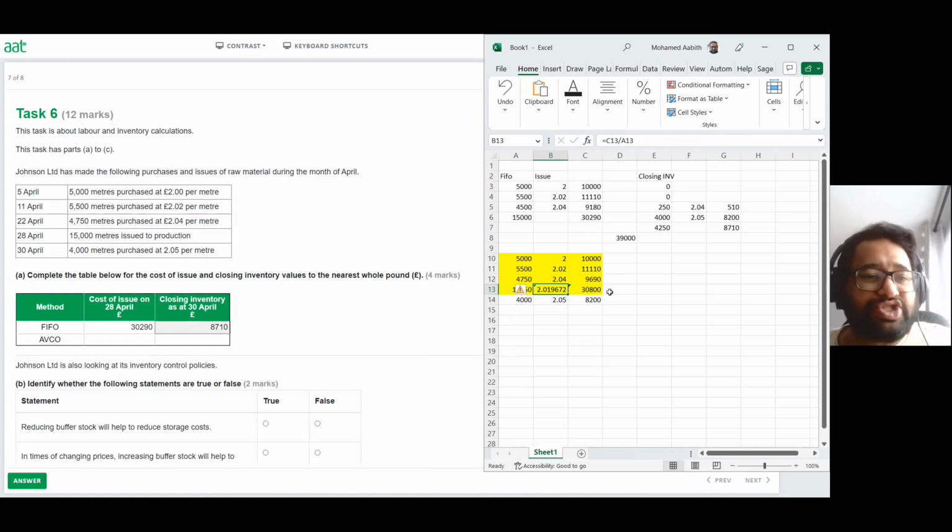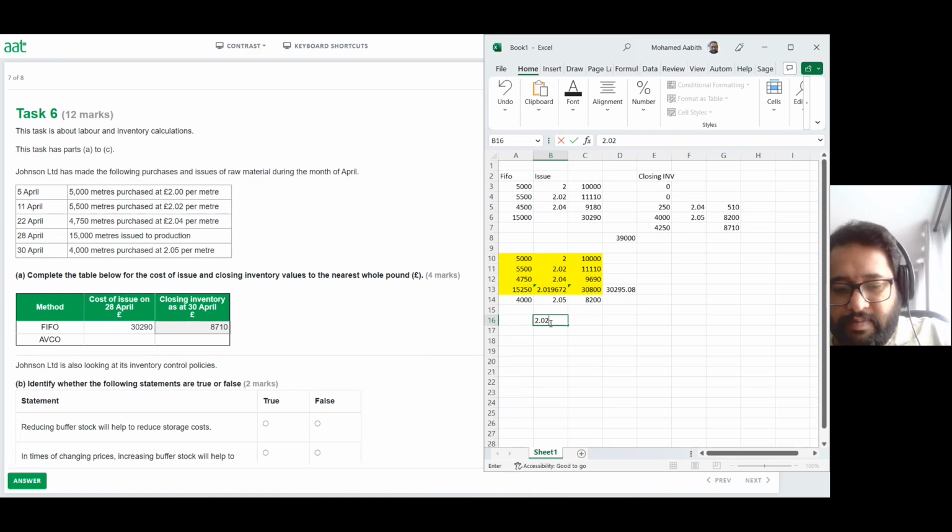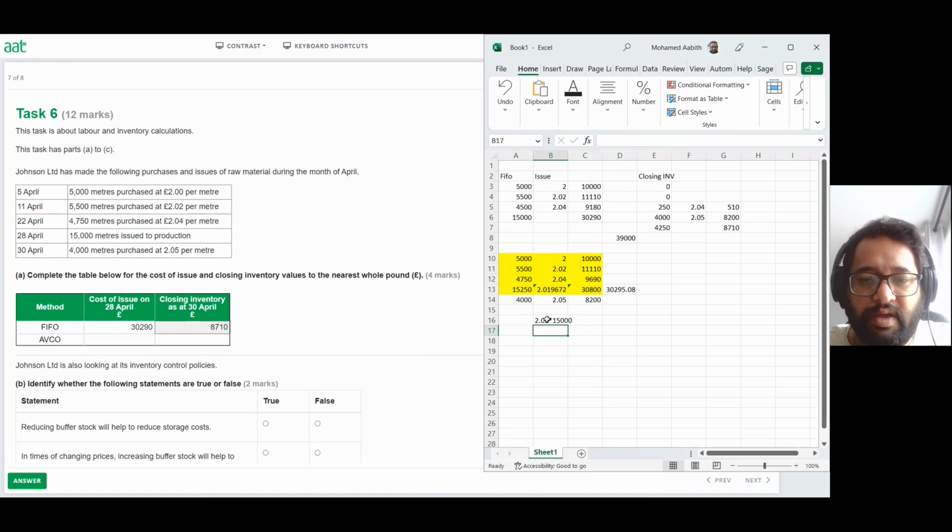But if I want to issue 15,000 items, I'm going to do this multiplied by 15,000 items, and that gives you 30,295 pounds. And that is to the closest pound of the value. So here, if you get an answer, you will probably get 2.02 there. So it's 2.02 multiplied by 15,000. If I say equal to, you're getting a different amount here. See that? If you just decided to round it to 2.02 and multiply by 15,000, there is a £5 difference between